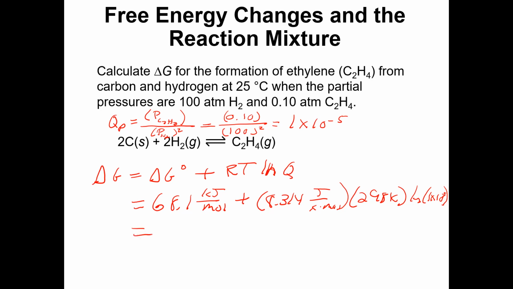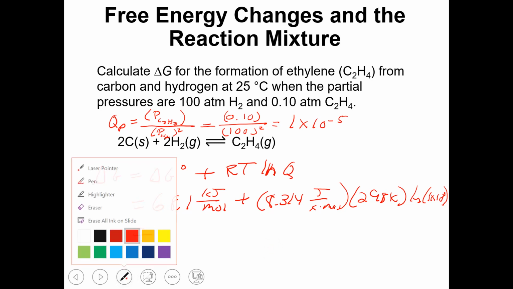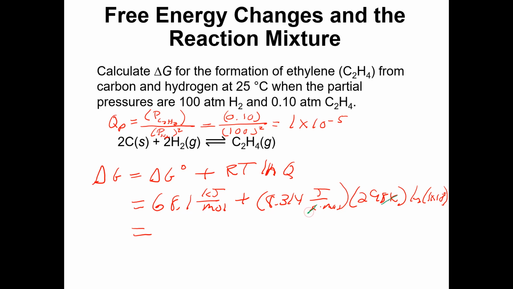So if we take the end of our equation here and simplify it, we have 68.1 kilojoules per mole plus 8.314 times 298 times the natural log of 1 times 10 to the negative 5th gives us negative 34,229 joules